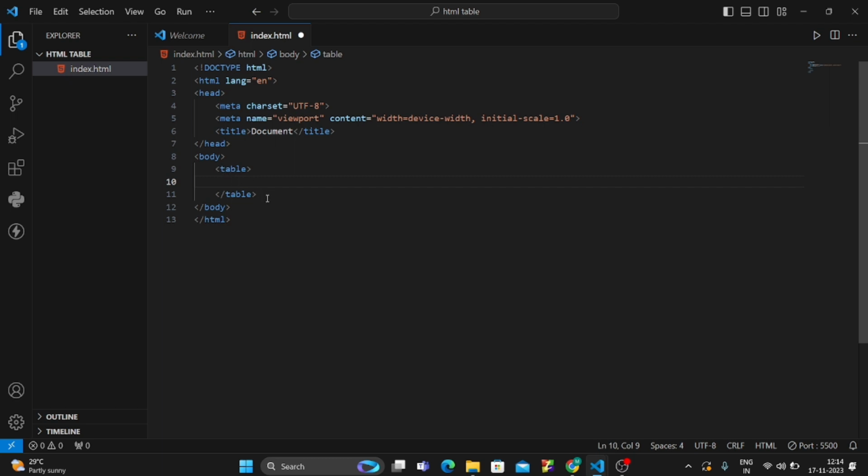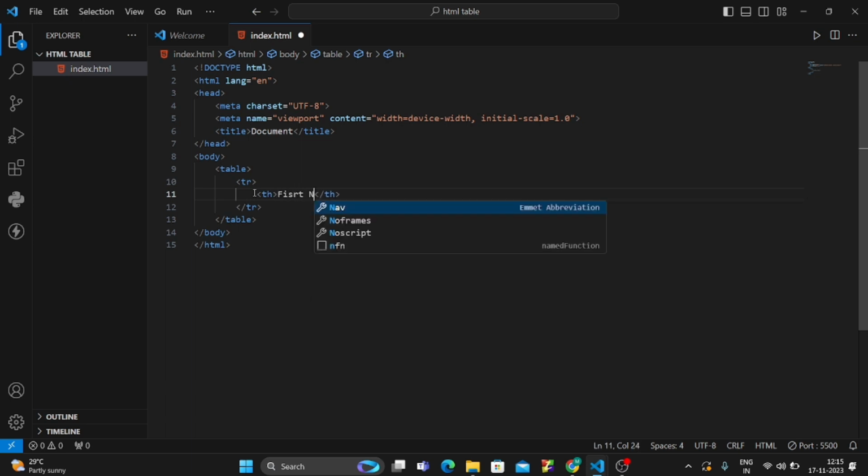So here I have created the table tag, and within the table tag I am going to create our row, column and header. To create a row, we have to open the tr tag, open and close. The very first row contains the header. For the header there is the th tag. In the table header, whatever you want to show as the main title of the table content, for example, first name,